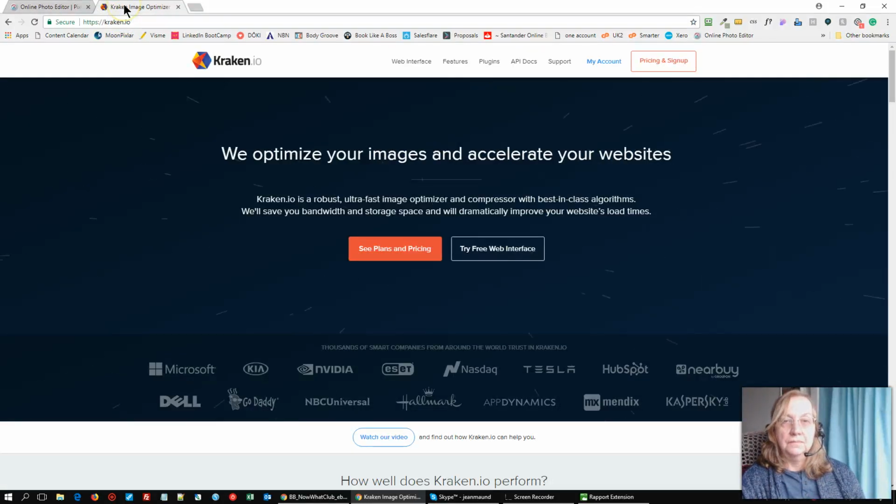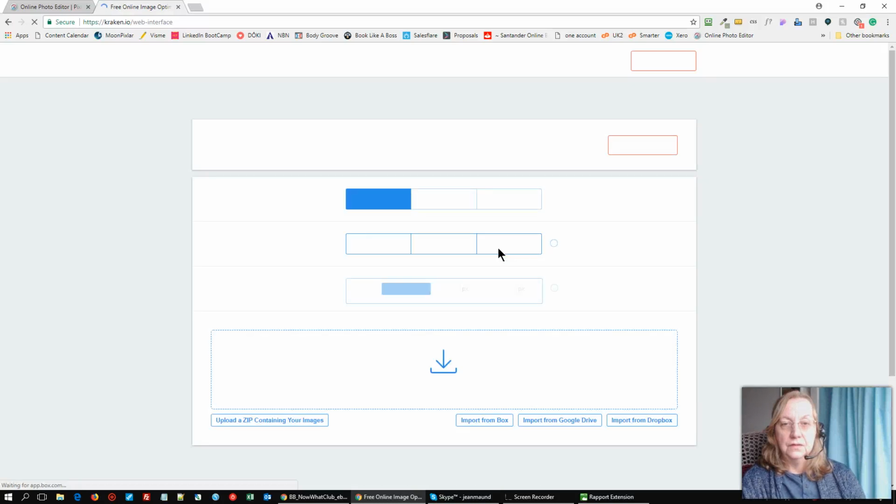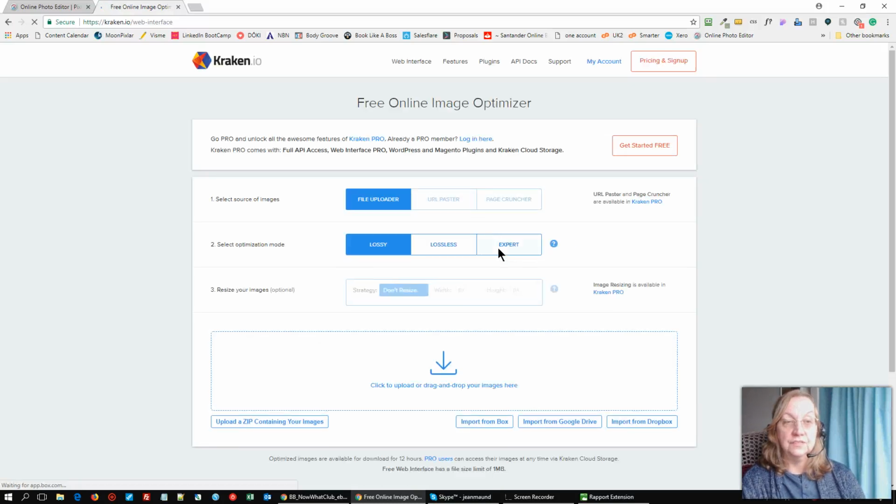But say you wanted to have a large image, you can't get over that. Maybe you need a transparent image. We can then use this service, which is kraken.io, and we're just going to use the free web interface. There is a limit on the size of the files, so that's why I couldn't take the original file. We have to reduce the size first. But I'm just going to take that image that I had,